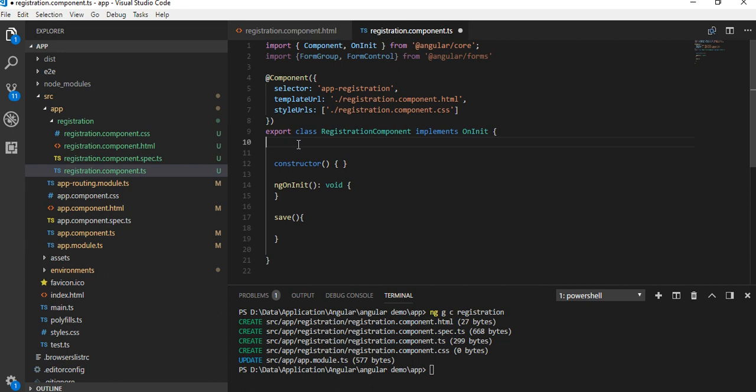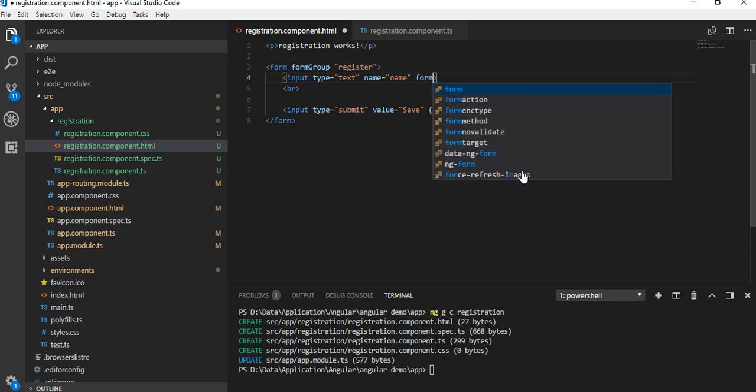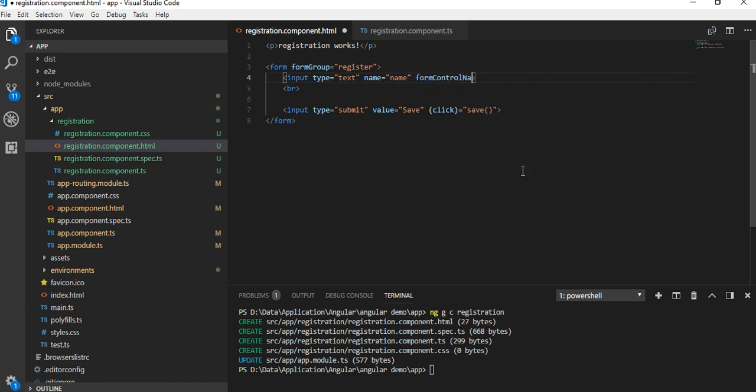Here we'll define the formGroup and say register, and on this text box we'll define formControlName. So let's say firstName, and save it.